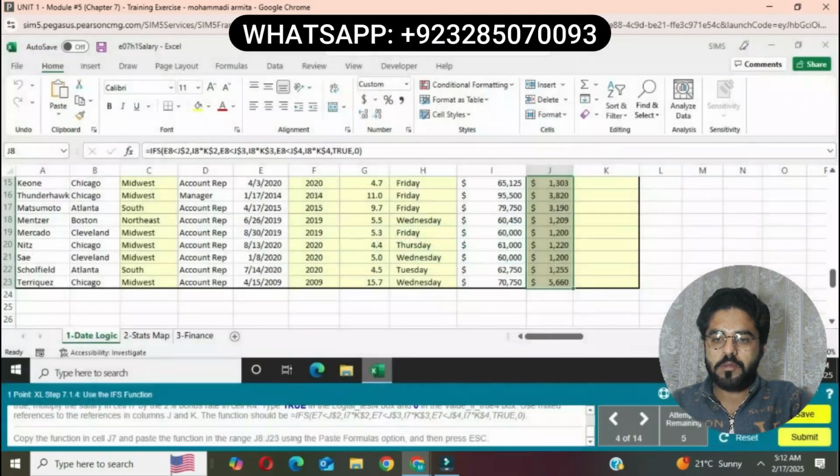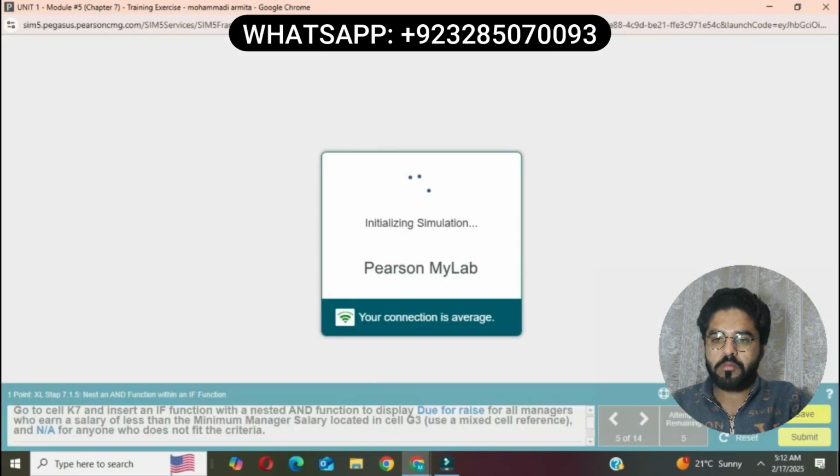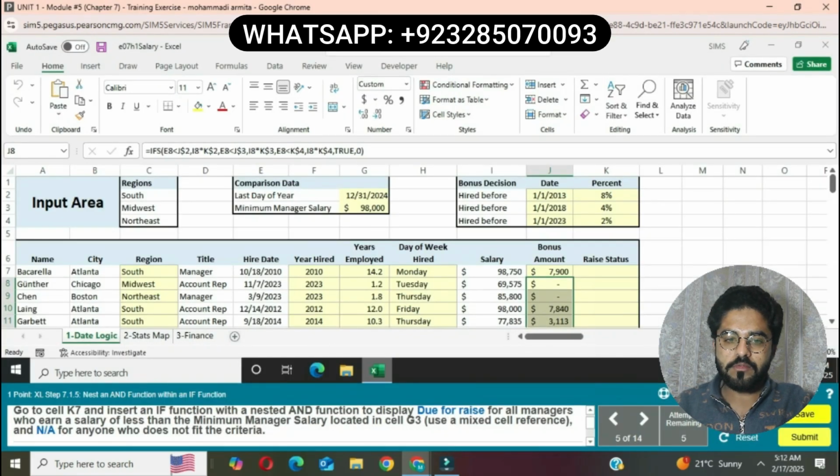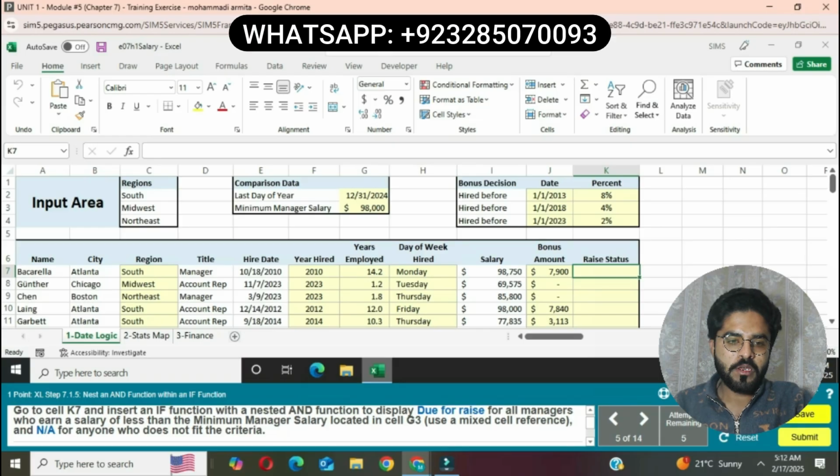Question number 4 is completed now. Now move to the next question. Question number 5. Go to cell K7 and insert an IF function with a nested AND function to display "Due for raise" for